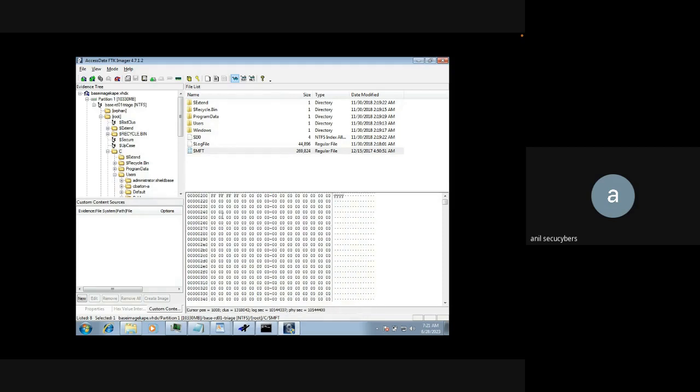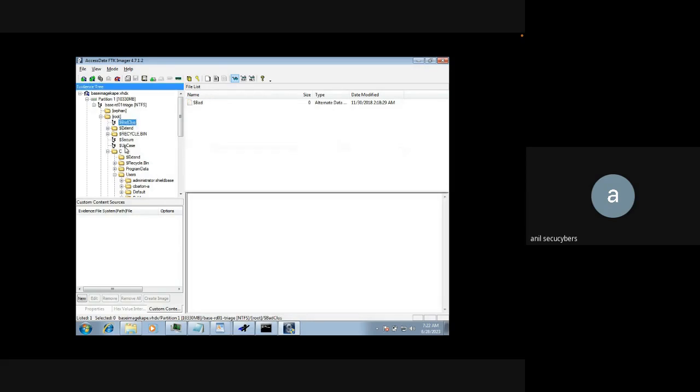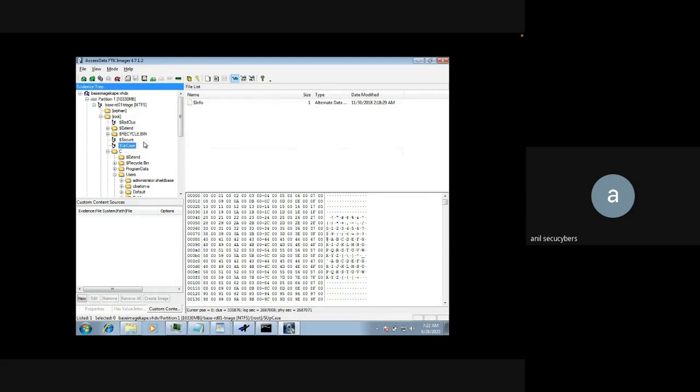Each record is 1024 bytes long. That's another thing to know about. And every file or folder that is present in this drive will have an entry in the